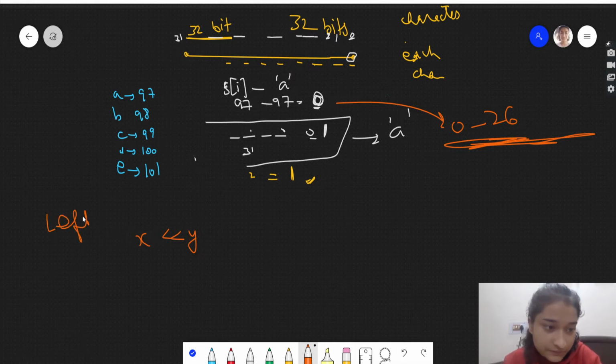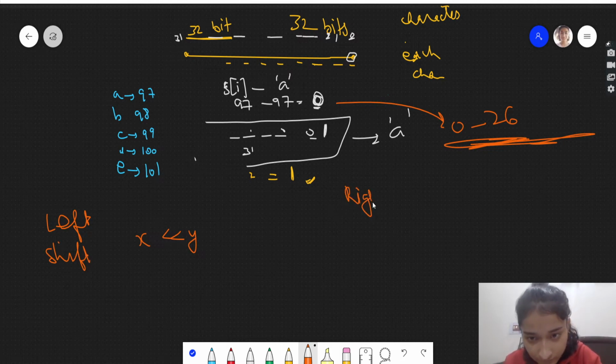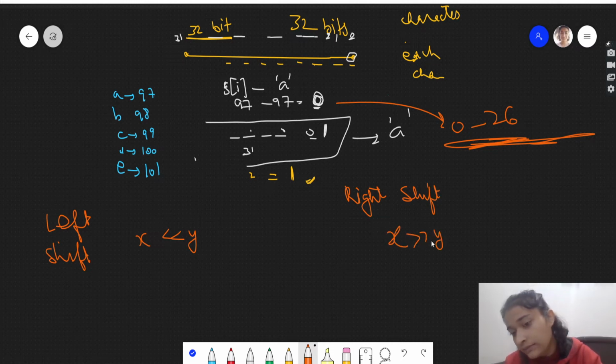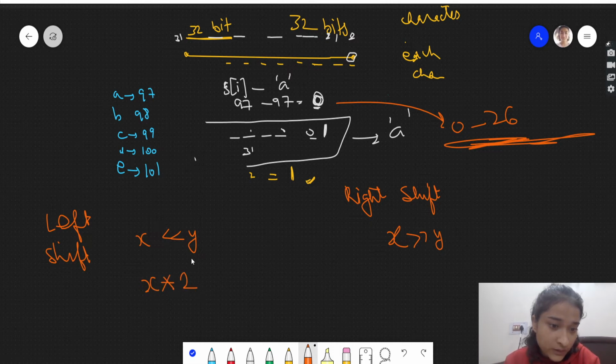This is left shift, when the arrows are pointing left, and this is right shift, when the arrows are pointing right. Left shift, x shifted by y, means that we are multiplying x with 2 raised to power y. And similarly, right shift means that we are dividing x by 2 raised to power y. So over here it's multiplication, over here it's division.